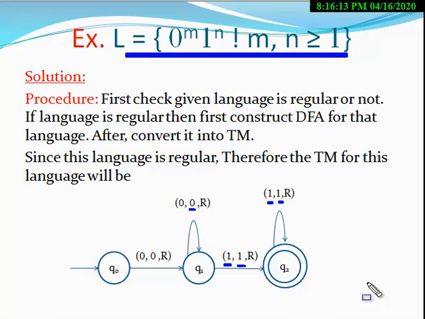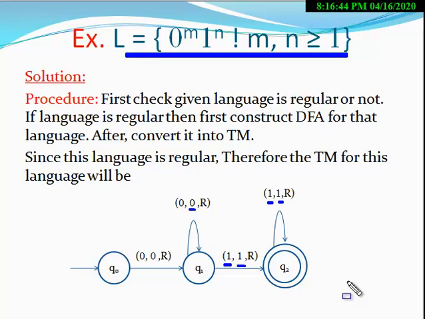If the language is a regular language, again remember this: first you have to construct a DFA, next you have to make each edge in the triple form like this. So in this case, if you can construct a DFA corresponding to a given language, then it will be very easy to construct a Turing machine for those languages.